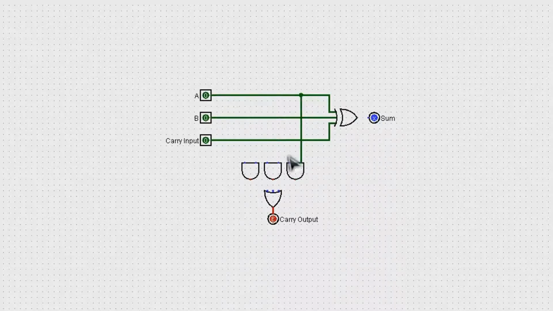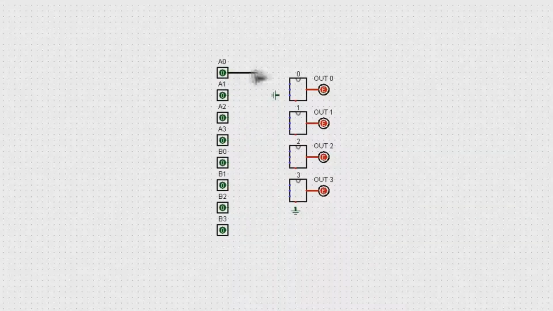The sum is rather simple in binary math. A 3-input XOR gate will determine if the output needs to be a 1 or a 0. Do note that this XOR gate needs to output 1 if an odd number of inputs are true, rather than if only 1 is true. The carry output is a little more complicated, but still pretty simple. If any 2 inputs are true, we need to carry. We can use AND gates to compare all possible combinations of inputs, and an OR gate to see if any of them are true. Once our 1-bit adder is working, we can chain them together to process any size number